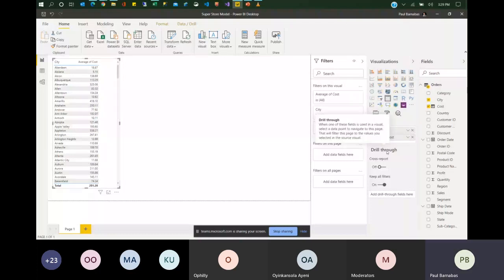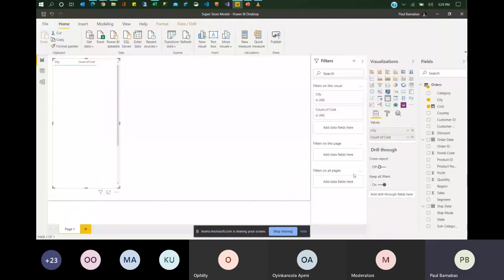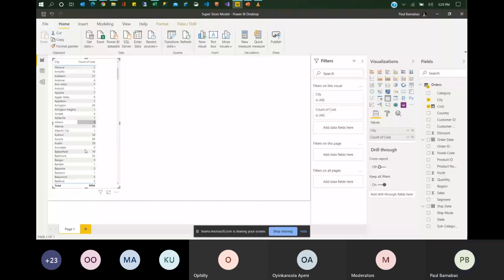Okay, probably I want it to be a count, it does that for me. So what it's saying is that throughout the data set now, we have just one occurrence of Aberdeen in the data. But it's always ideal that you write a measure for whatever visualization you want to create. Because if you tend to have measures that are dependent on other measures, if you do not specify it as a measure, if you make a simple change in the title or in the heading, it will affect your whole visual.